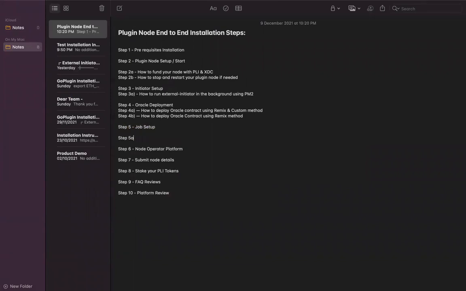Okay, step 5a, we will see how to create a client contract, and request data to write onto the smart contract. So in this step, we will be able to see the importance of the plugin node, how it is actually bridging the data from the external world to the smart contract. Okay, so this is how the flow will be, and I'll catch you in the next video.